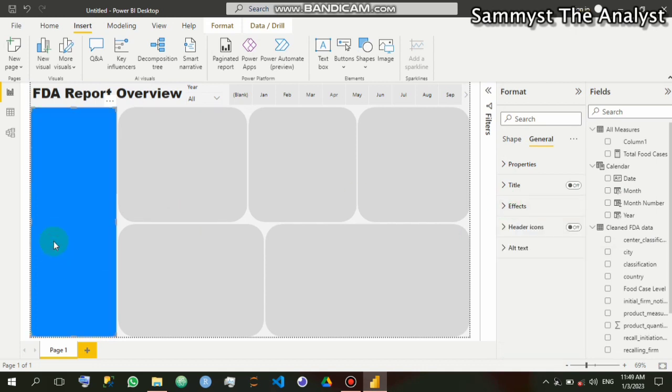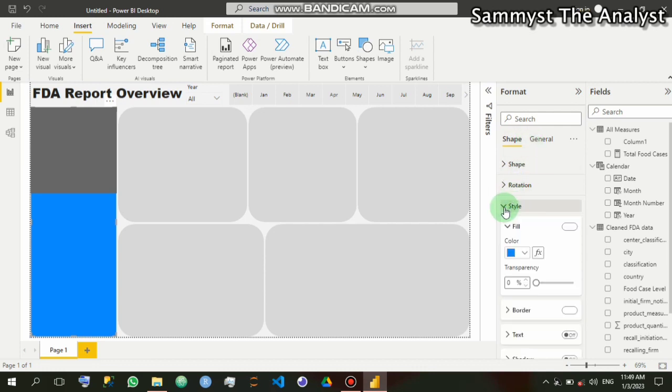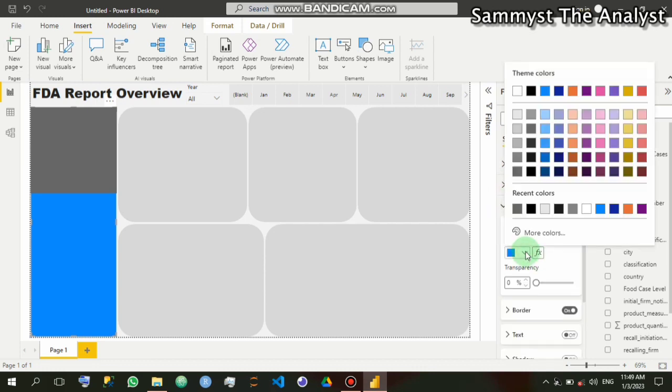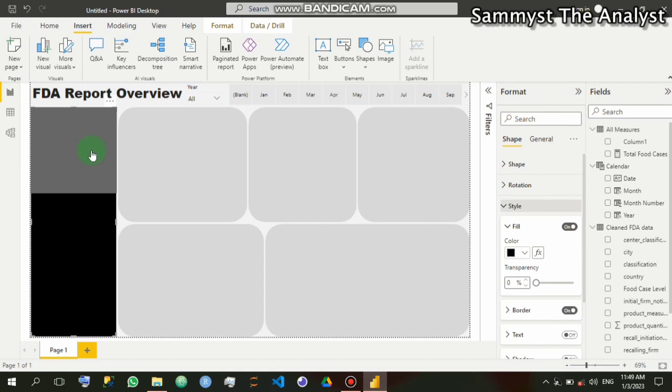Now the next thing I want to do, I want to work on this. So this particular one, I would give it the few colors should be, let me choose black. Okay,